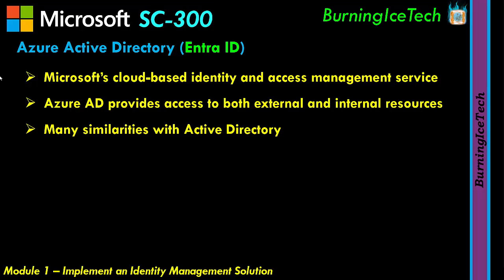When you install that role on premises, you can for the most part control your users, their groups, and their devices. As long as they're on premises, you can control them with group policies and that kind of stuff. So there are a lot of similarities with the one on premises. It's not exactly the same. There are a few things that the Active Directory in the cloud can do that the one on premises cannot, and a few things the one on premises can do that the one in the cloud cannot,